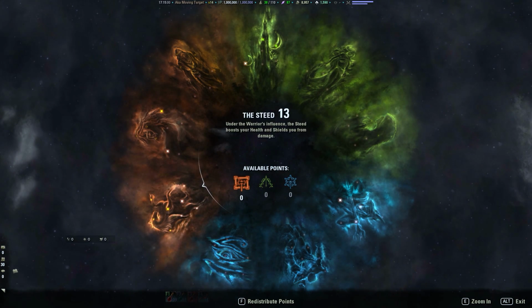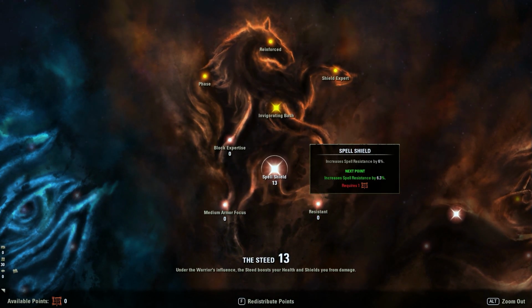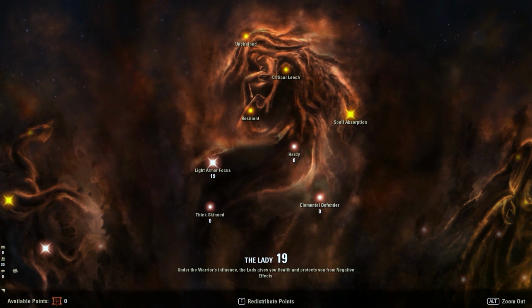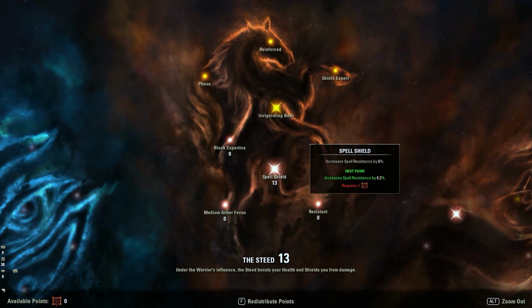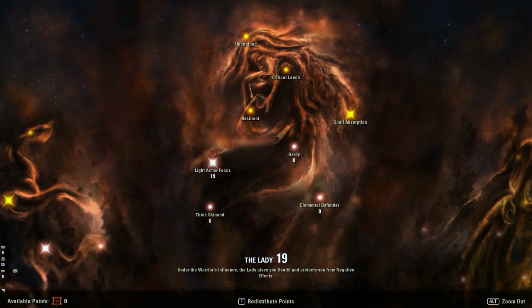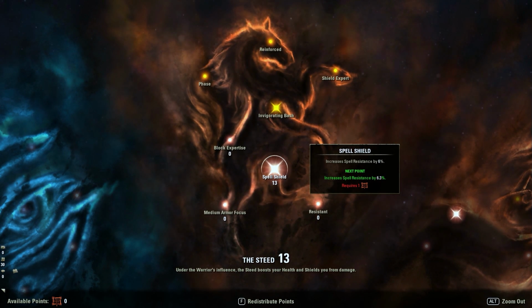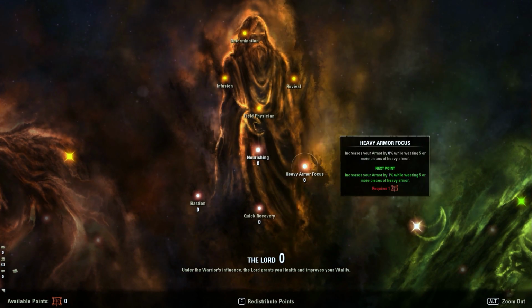Let's check the champion system, right? I always like to forget about this because this is still kind of new. In the steed, I put some points in Spell Shield for now. I'm at 13 here right now, just to get a little bit more spell resistance because we need it as light armor users. Then light armor focus, I have some in there. First I was putting 10 in here and then 10 in here, and then just on the fly, however I felt like, I just put points in. Basically, I want to get this to like 30-ish or more maybe, and also I want to get this up. But these two are the most important that you need: Spell Shield in the steed and light armor focus in the lady. We have nothing in the lord because